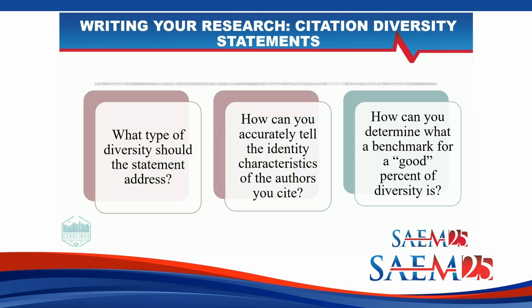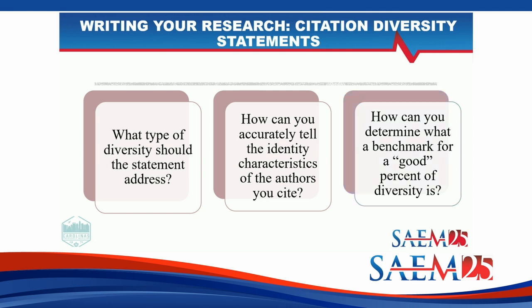How do you actually tell the identity characteristics of the authors that you cite? So I said this earlier, I'm biracial. I'm half Black, half white. But if you look at my picture, I guarantee you would not think that. So if you just look at pictures, it's not going to work. So one way that some people do it, and this has limitations just like everything in research does, is there's a few different websites where you can input somebody's first and last name, and it outputs the chance that they are male, female, Black, Hispanic. Obviously this negates a lot of the gender spectrum and has its own biases, but that's what a lot of these citation diversity statements are doing.